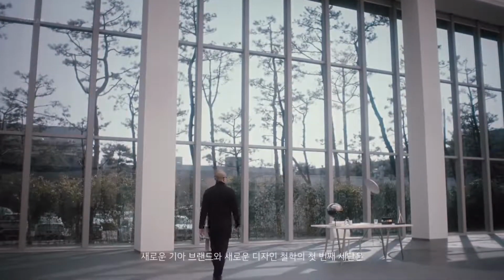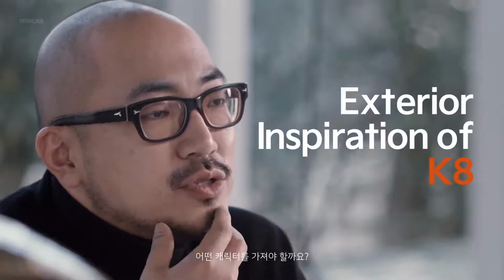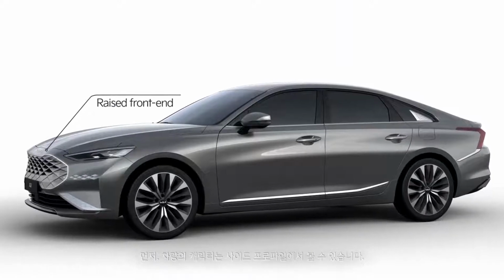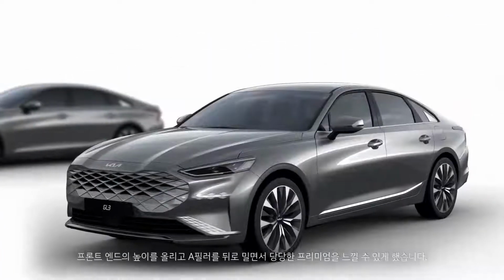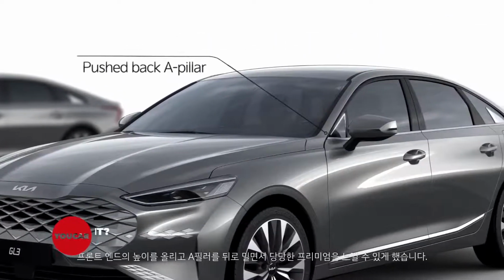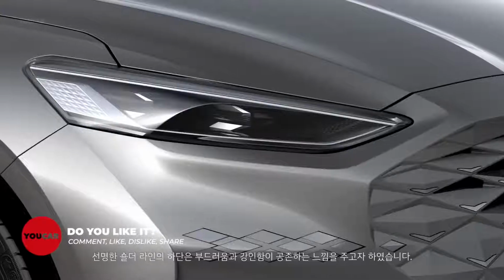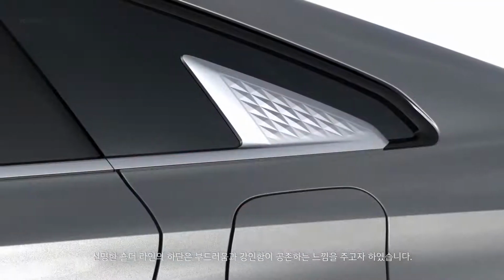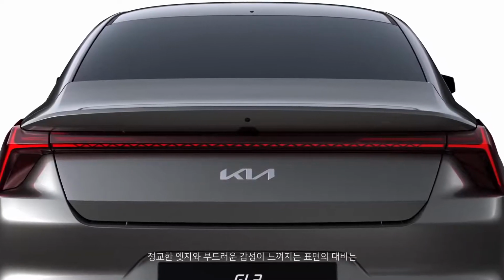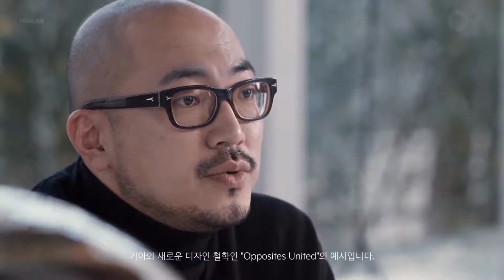As the first sedan from the new Kia with our new design philosophy, what kind of characteristics should it have? First, the character of the car comes with the side profile. We raised the height of the front end and pushed back the A-pillar to achieve a feeling of confidence and premium. Under the precise shoulder line, there are two crossing volumes that combine a touch of emotion and masculine strength. This sort of unexpected contrast between the sharp precision and emotional surfacing is a part of our new design philosophy,